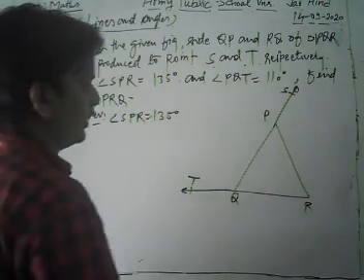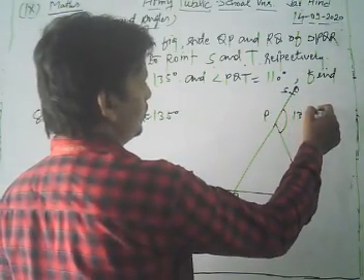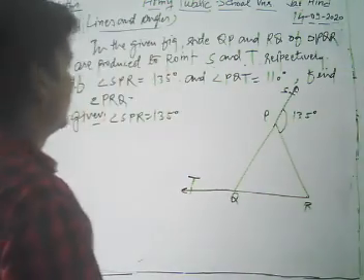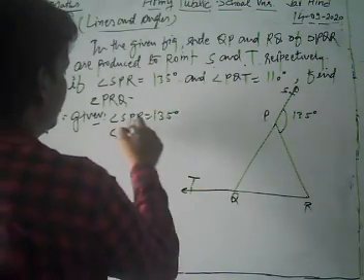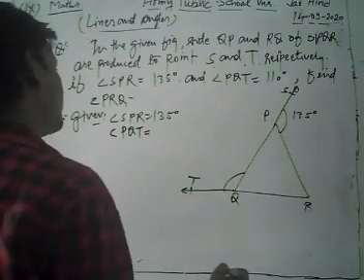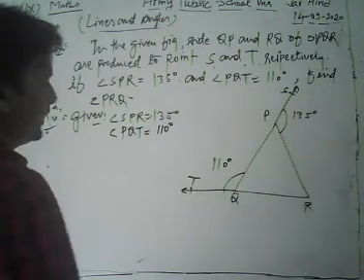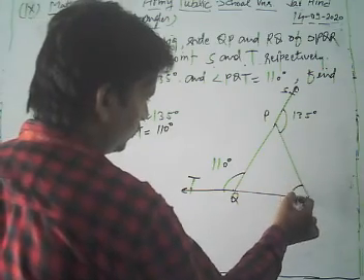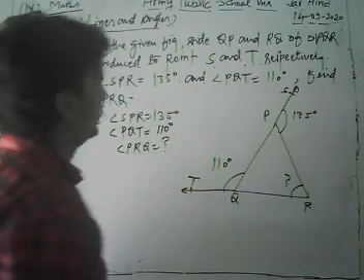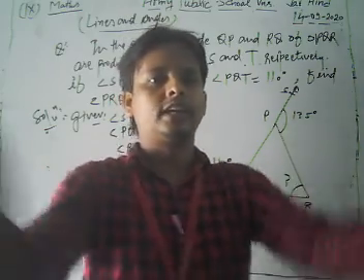SPR is what? Let's see. That angle is given as 135 degrees. Now, clear students? Here angle SPR is given as 135. And angle PQT, that angle is given as 110. Now we find the angle PRQ. Dear student, this is one of the most important questions of your NCERT exercise. Okay, let's see its solution.